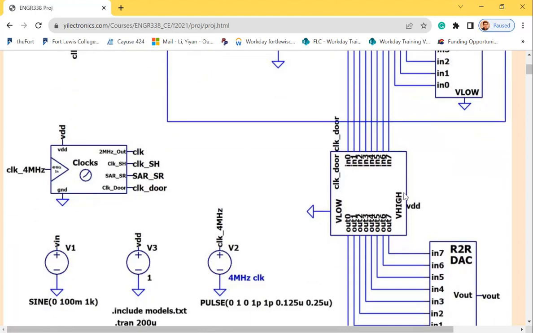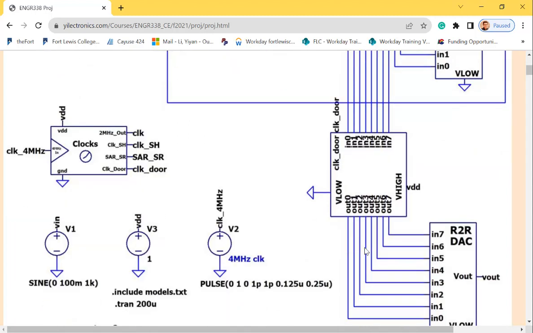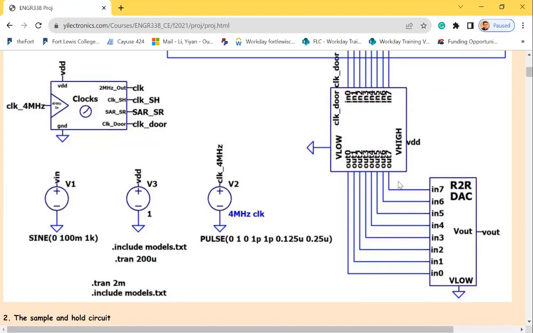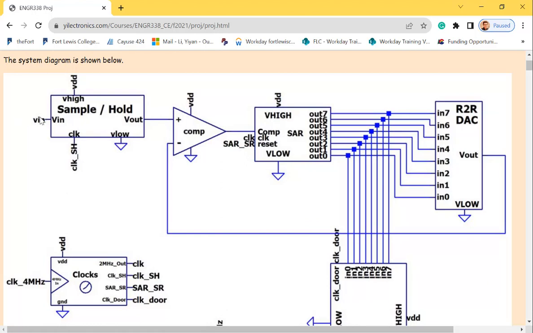This is an array of D flip-flops. So whenever the data is ready, it triggers. It's like a dormant register. It triggers the clock and sends the signal, the final result, to the output here. The reason I'm putting another DAC here is to convert the final result to analog voltage. For example, if I'm inputting a sine wave here, right,